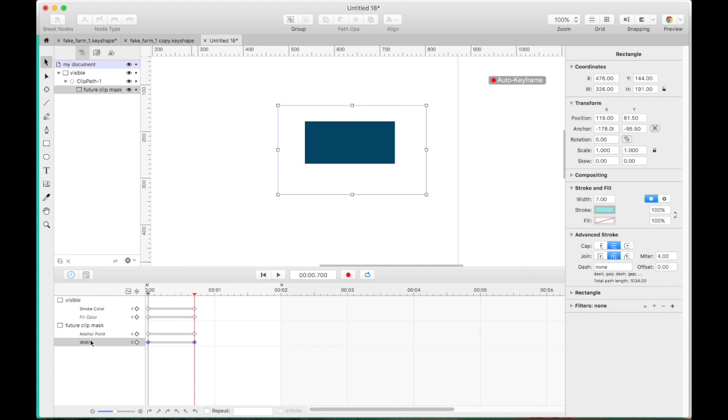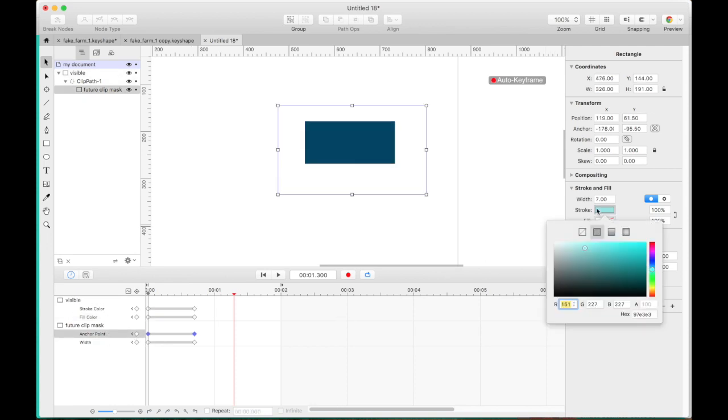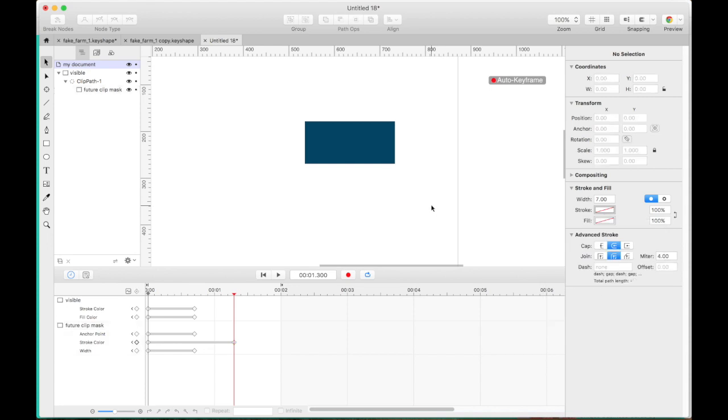Future clip mask, and here's width of that mask. This is visible. Oh, here's stroke color. Maybe stroke color? No, there's no stroke color. There's fill. There's stroke on that. Let's just get rid of it and see if that helps. I'm not sure why that does that, but the purpose of that was to show masking.